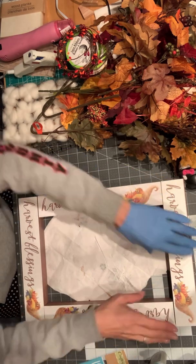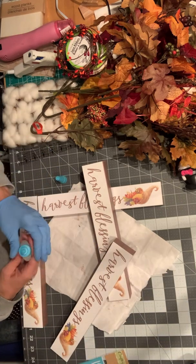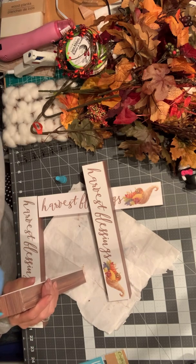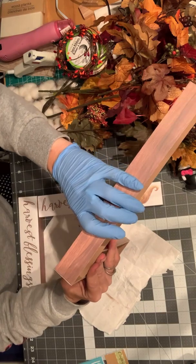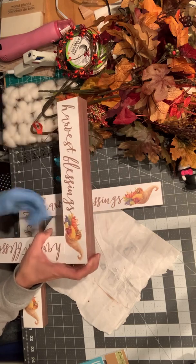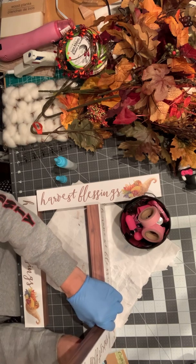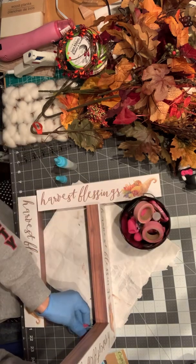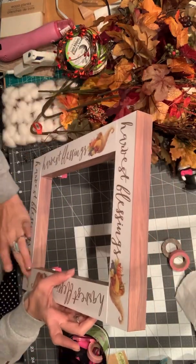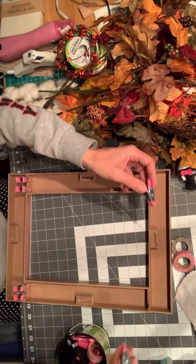and grab my DAP Rapid Fuse glue, super glue, and yeah, this stuff really does adhere or work very well, but as you'll see here, it wasn't holding the 2 pieces very good together, and so I ended up using some of those handy dandy little clamps from the Dollar Tree. So I went ahead and clamped 2 on each end of this so that all the 4 sides were being held together. Wiped off a little bit of the excess glue because it hadn't quite dried all the way,